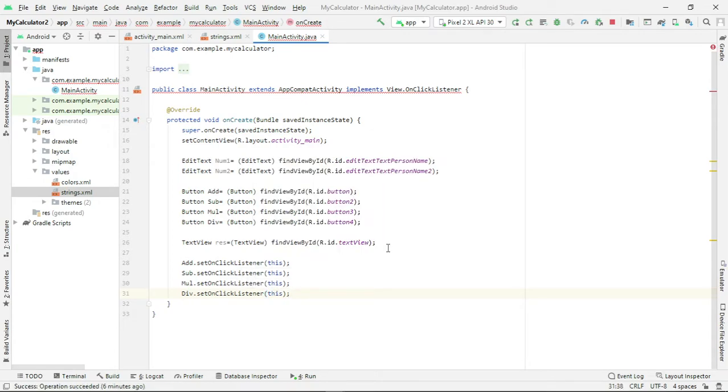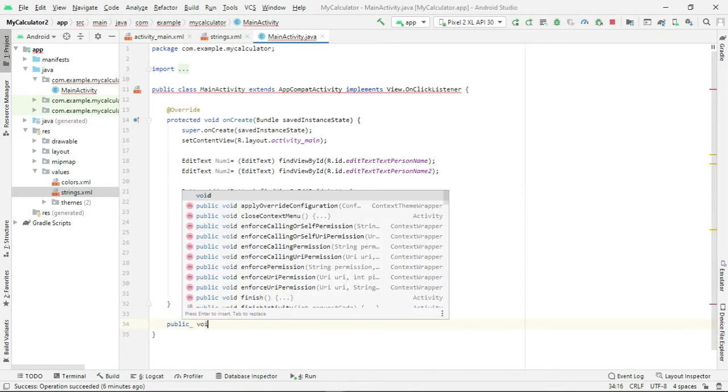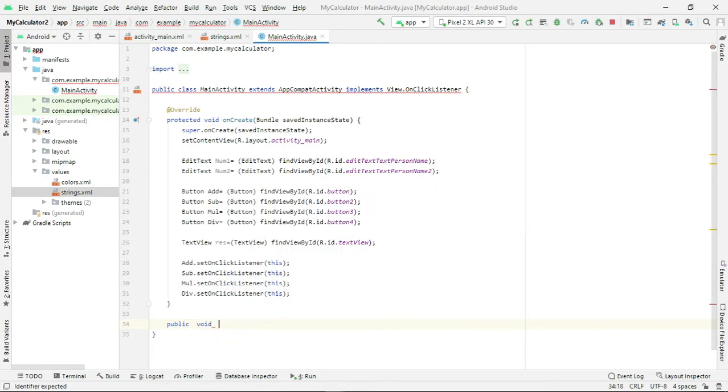Okay, so now let me write the onClick listener function. Let me write the code for the onClick listener. Public void onClick.